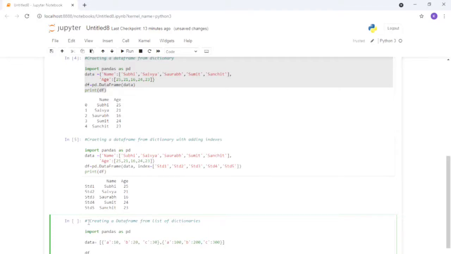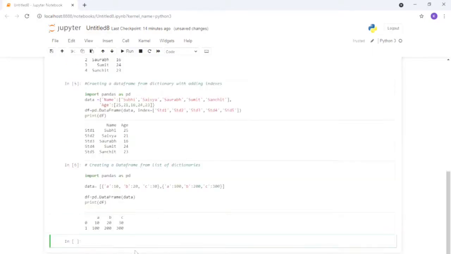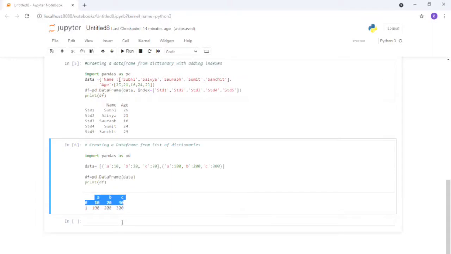Then after we have to define it into the data frame. So creating data frame, we have to use the same syntax, data frame. Clear? Once we go with the data frame, and then after we have to select the data, and then print df. Once you print df, you can just click on run and it will print accordingly. Now you can see it is changed, and now it will be printed accordingly whatever the data we have created. So this is the third way that we can use.